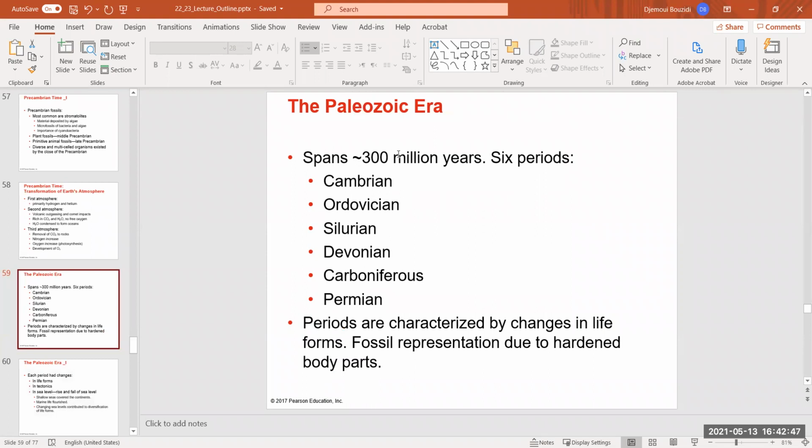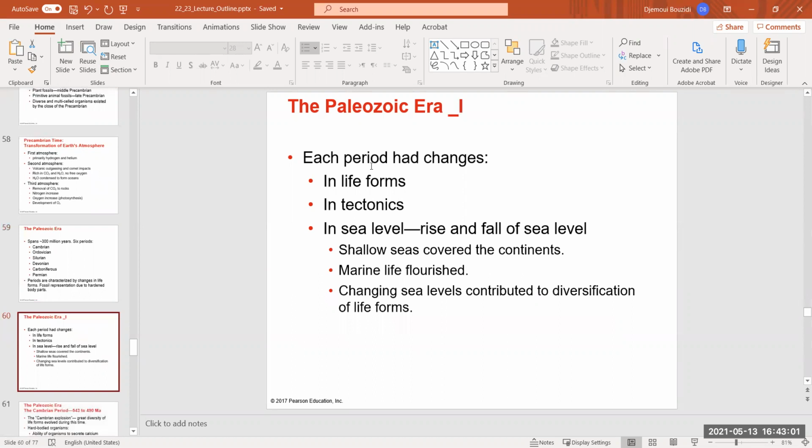Again, we're moving in the eras, and here is the Paleozoic Era. It's about 300 million years ago. Again, it has several periods in it. Periods are characterized by changes in life forms. So each period has changes in life forms and tectonics, also the movements of the different surface plates